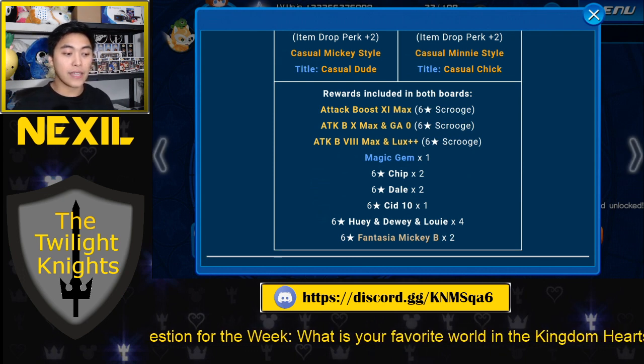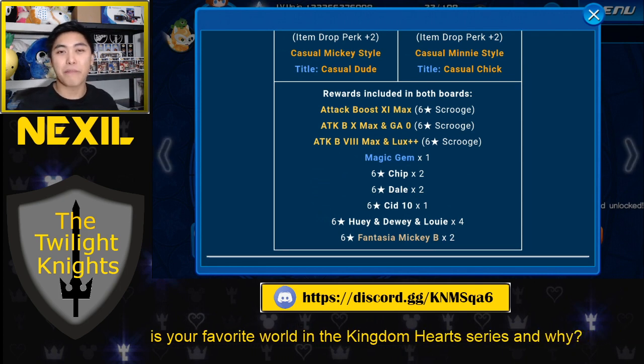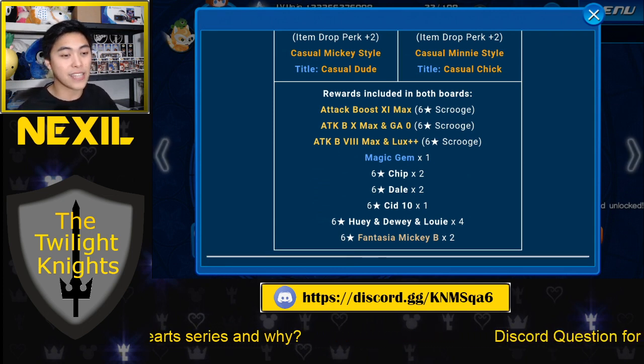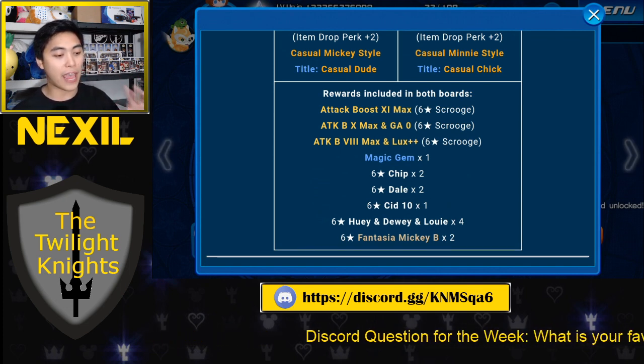So the first thing is Attack Boost 11 Max. Attack Boost 11 Max is the highest max skill that we have right now in terms of dealing damage. We don't have Attack Boost 12 Max yet. 11 Max is the highest, and that's just really good because of the greatest part about the Attack Boost Max skills